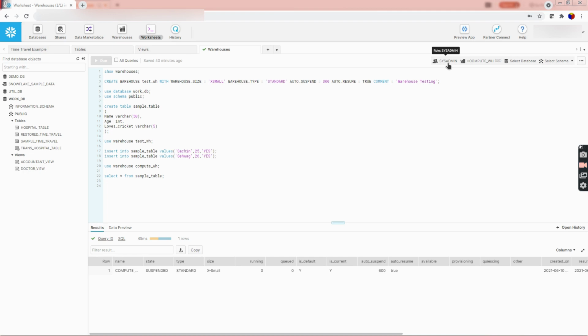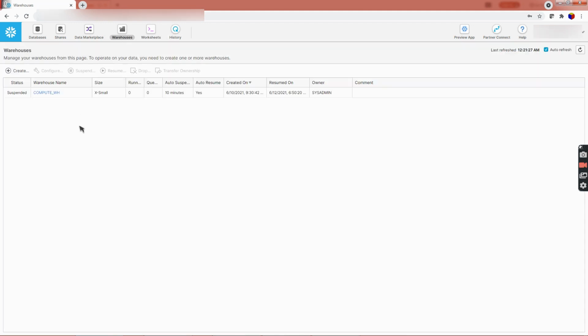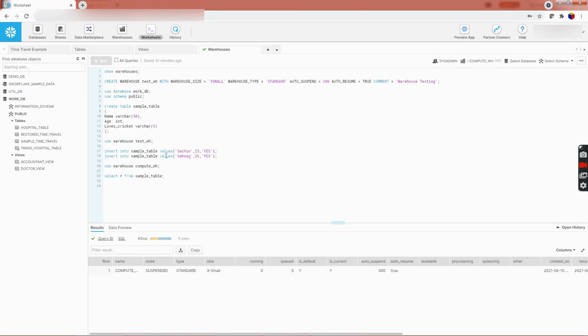As the initial starting point, you can see something over here. This shows the role, the warehouse, the database, and the schema. Currently, compute_WH is the warehouse, and it is in suspended mode. We already discussed suspended mode. If I go through this warehouse, it shows me the status of suspended. For some initial purposes, let us try something. I am more inclined towards query mode.